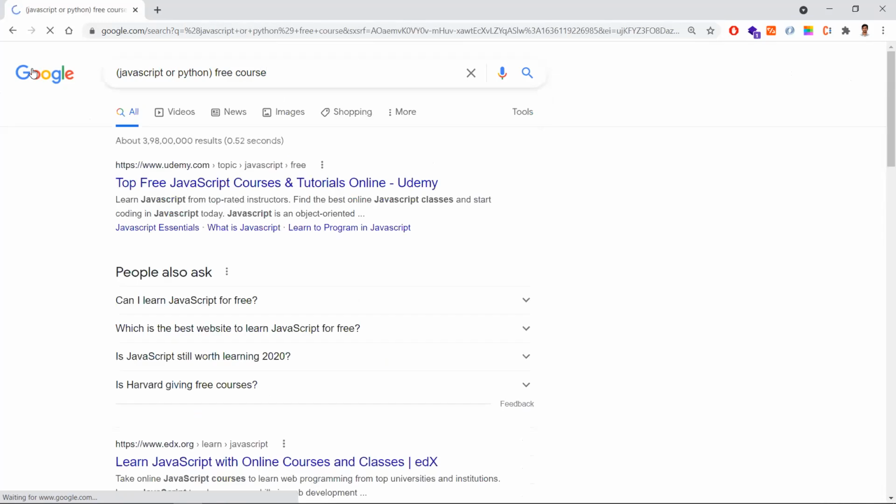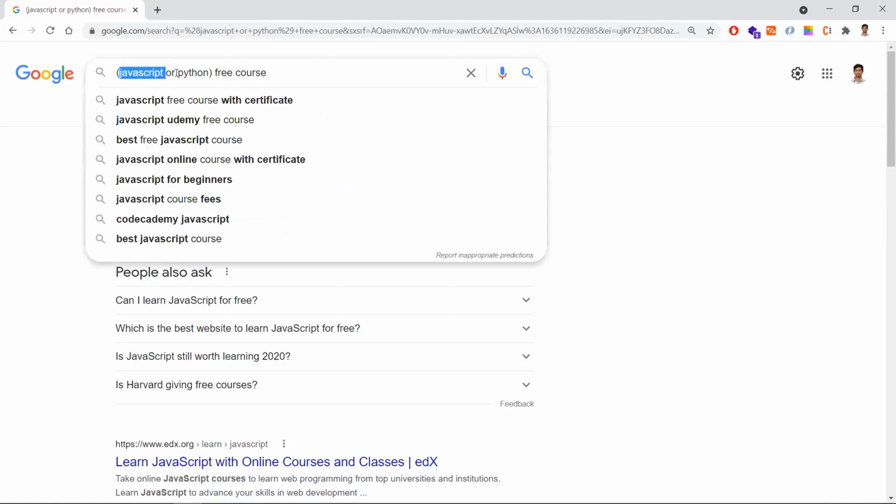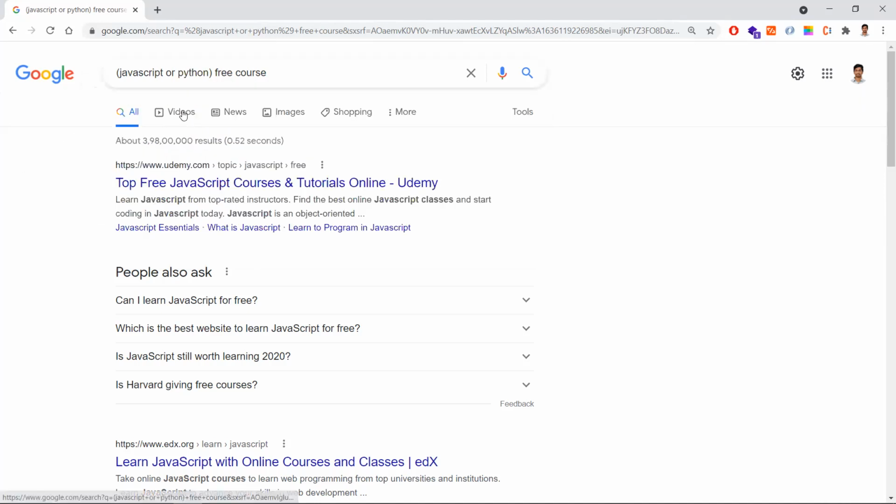The search results will consist of JavaScript free courses or Python free courses. Whereas HTML and CSS means both will be included in the articles. So OR means only JavaScript free courses or Python free courses articles would be coming.